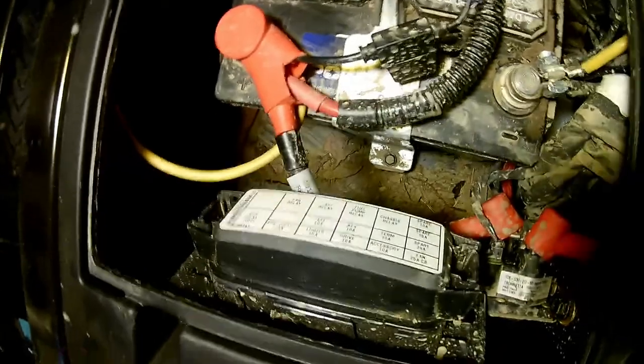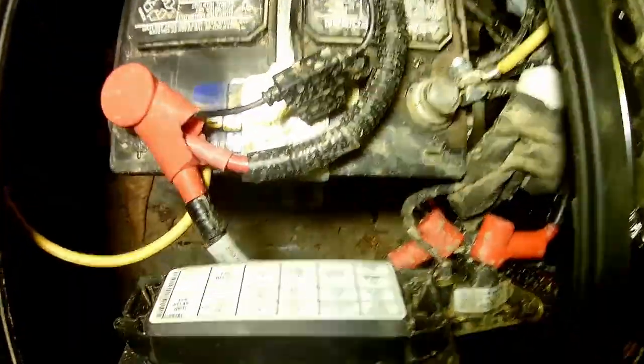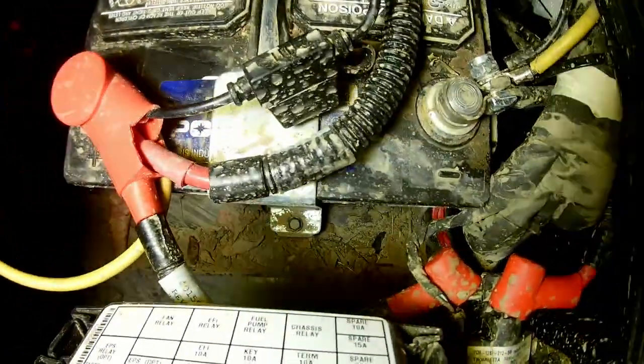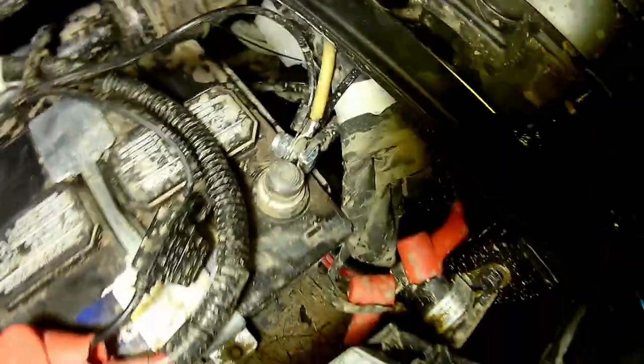And there's your starter solenoid and your battery and your fuse box. That's Polaris's. And you can see how much mud is down there, and that's all accumulated before I put GrizzTech's mud flaps on. Looks like I got a lot of cleanup to do. Wish I had put those on before I took it out, but